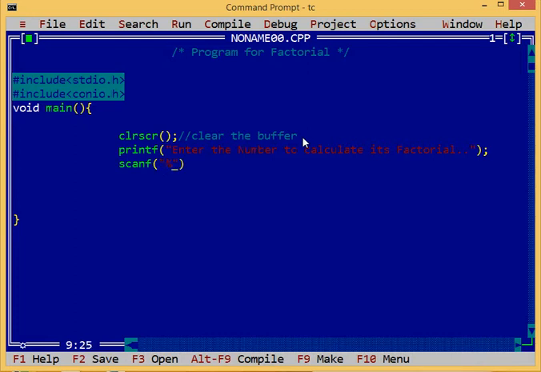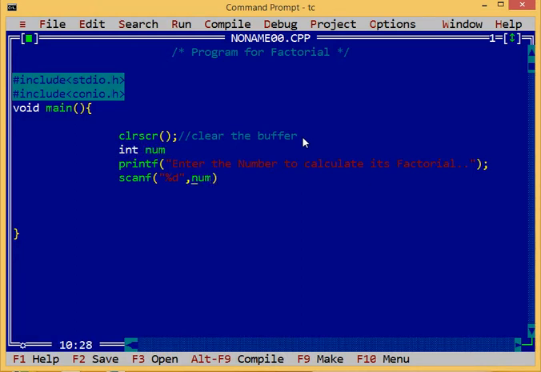I'm using %d for the digit part. We will use the integer data type for entering the number. I will use the variable num, and we need to set the address of num, so the entered value will be stored there. Now I will use another variable for the loop, it is I.